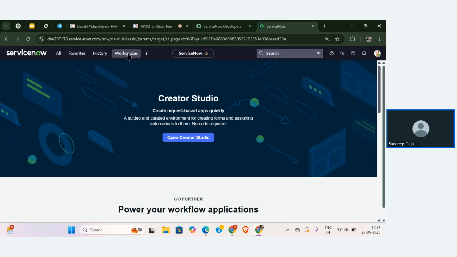So what is this workspace? Workspace is a very interesting thing, guys. I will tell you about this workspace later on, but I will give the definition for it as well. Workspace is the interface that will be shared to the individual user based on the role. Whenever a person with that particular role accesses the account that I create for that person, I'm giving some role, right? Based on the role that I'm giving, that person will see a different interface.